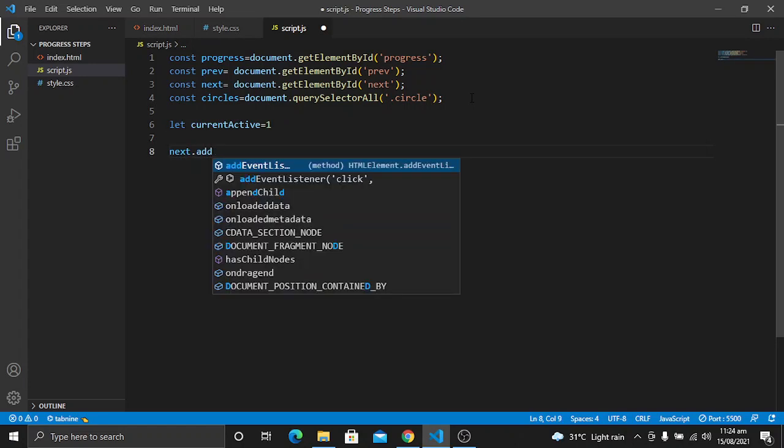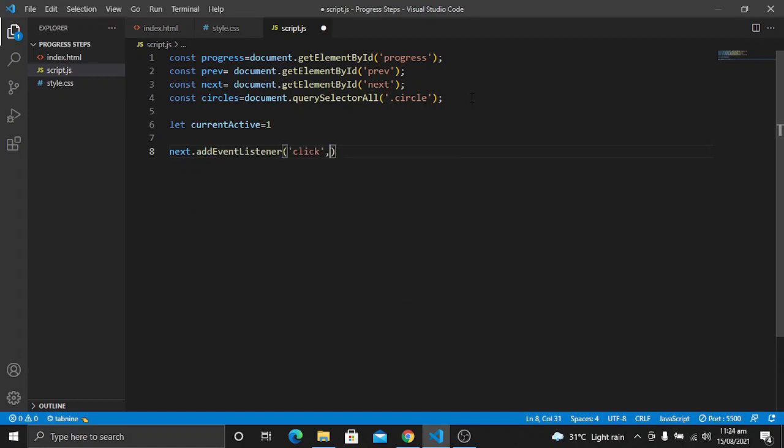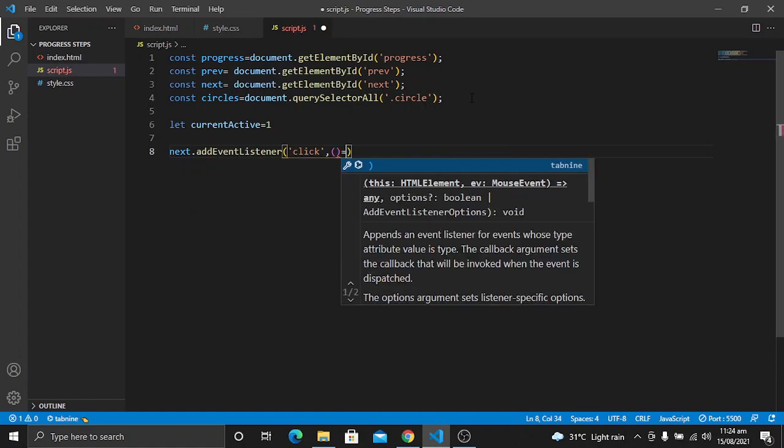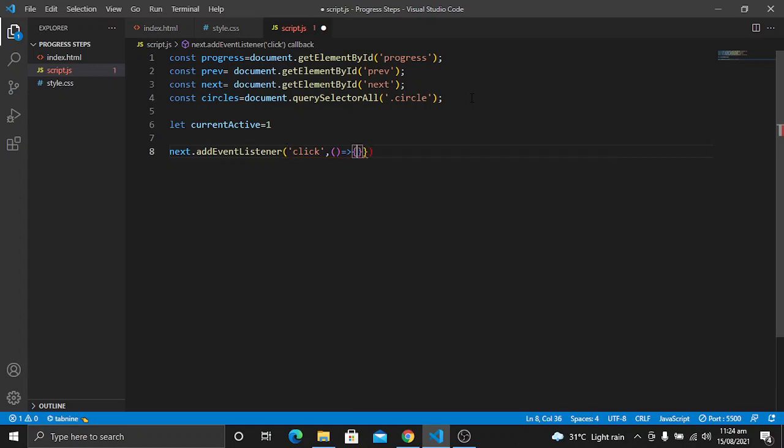On the next button we will add an event listener of click. Then the callback function will run when the user clicks on this button. Let's move inside the curly braces.